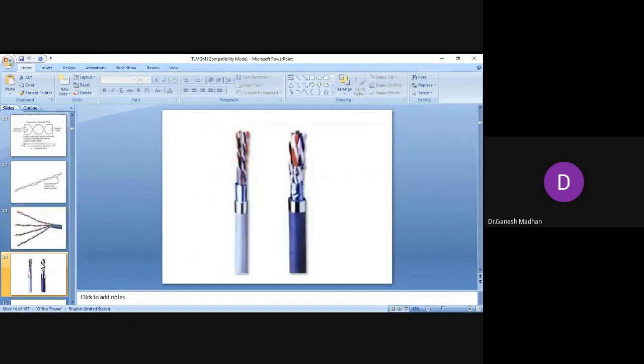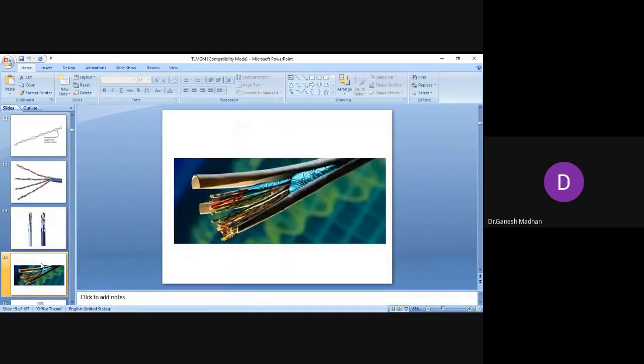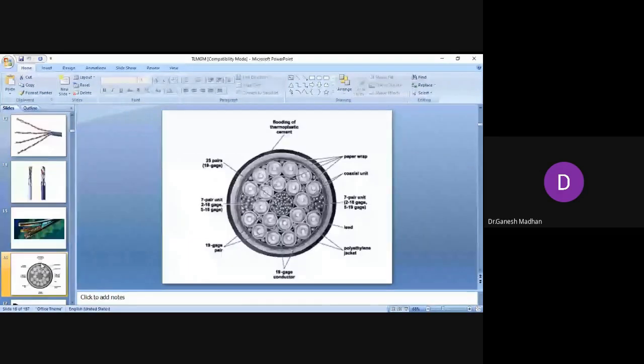Here you have a number of such twisted pairs in a coaxial format. Here you see another twisted pair in a different format, mainly for telephone communications. Now the same thing if you want to go for a long distance, the number of wires,